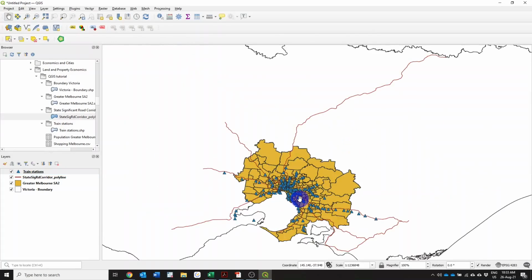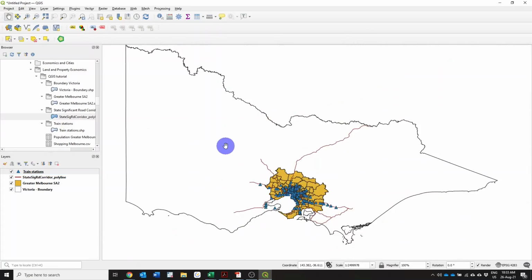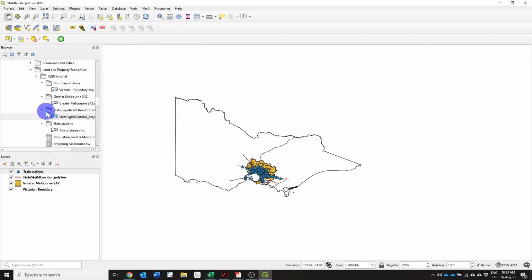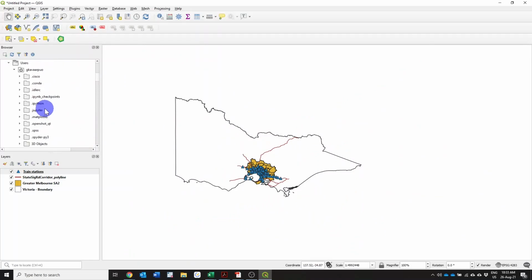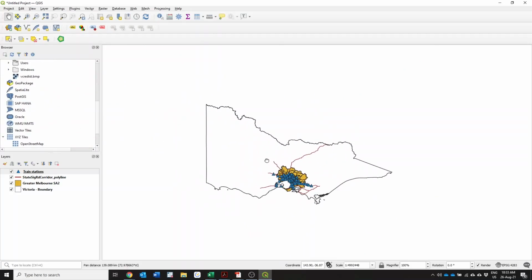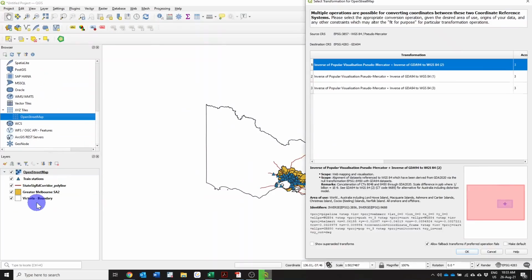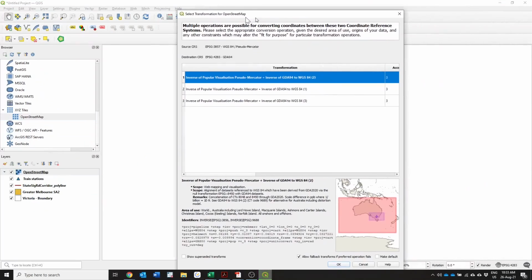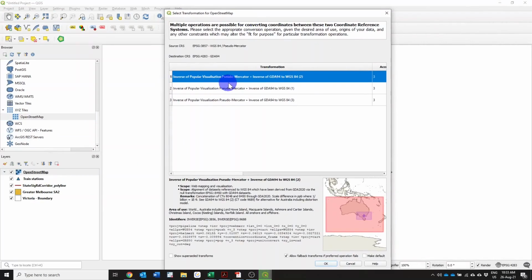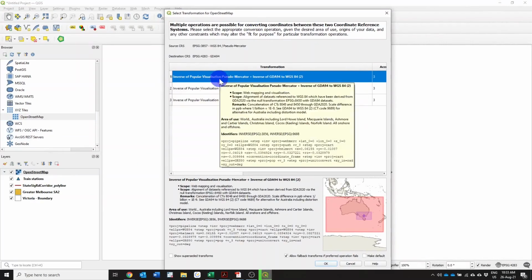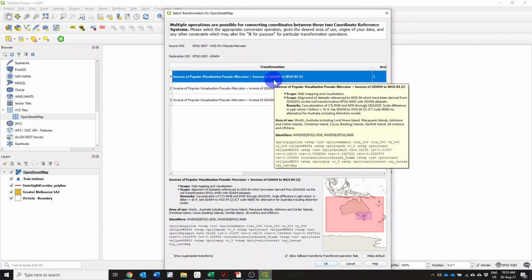into QGIS. Well, what I often like to do, to give the map a better context, is to import raster data, that is the OpenStreetMaps, to better make it align and give some context to where this particular map is located. And to do that, you just go back to your browser, scroll down, you find OpenStreetMaps here. You drag and drop. It will ask you to specify your coordinate systems. And as I said, we'll talk about coordinate systems in a bit, some details. Click on the first option, that is your